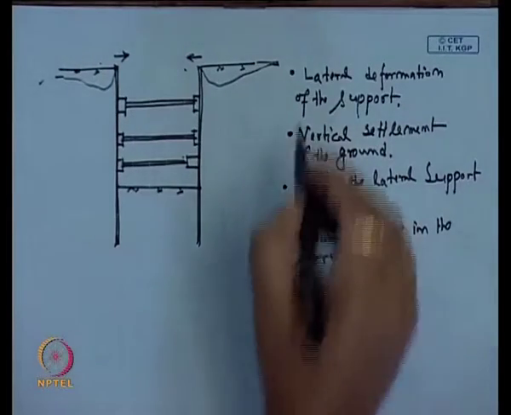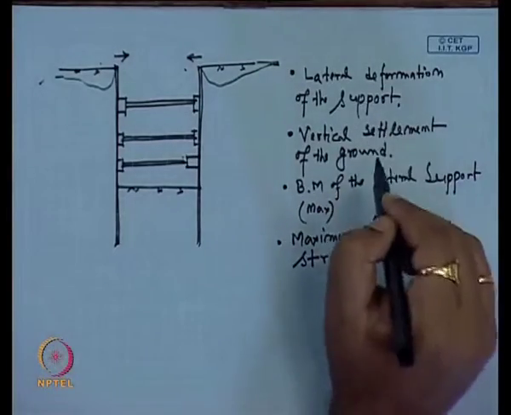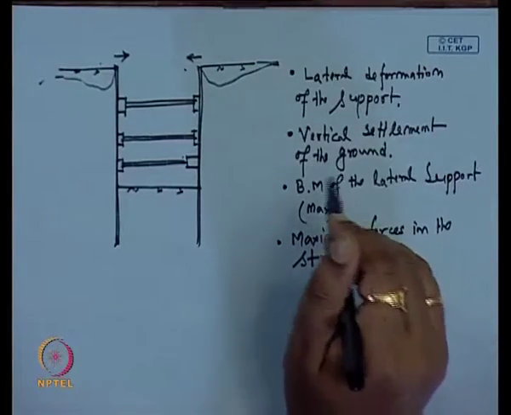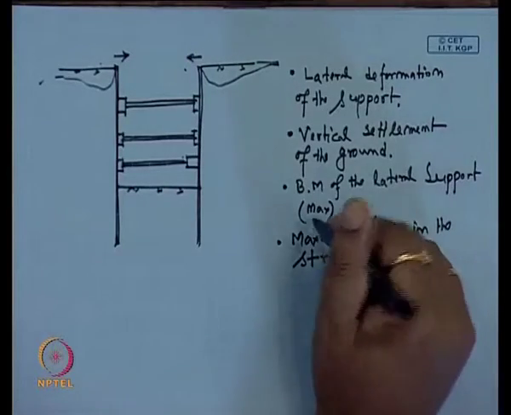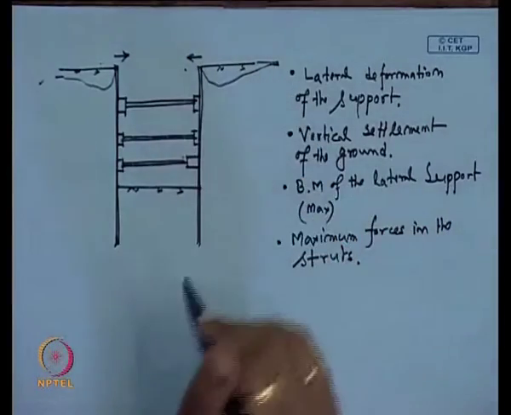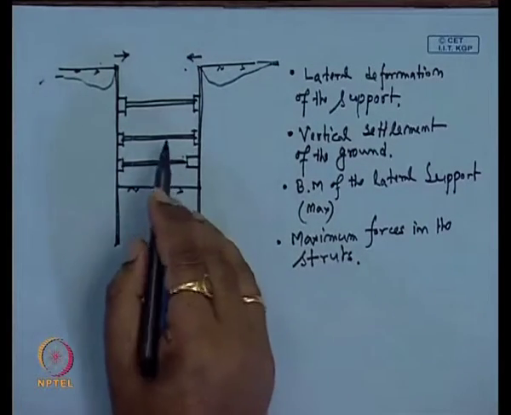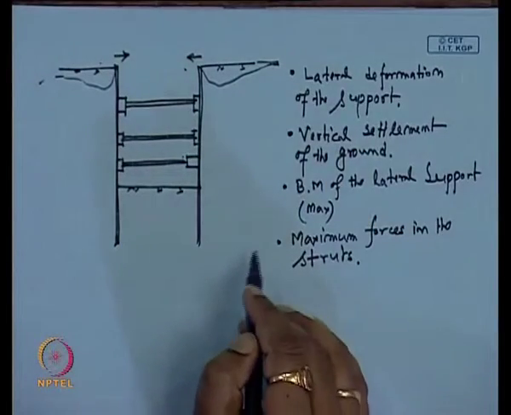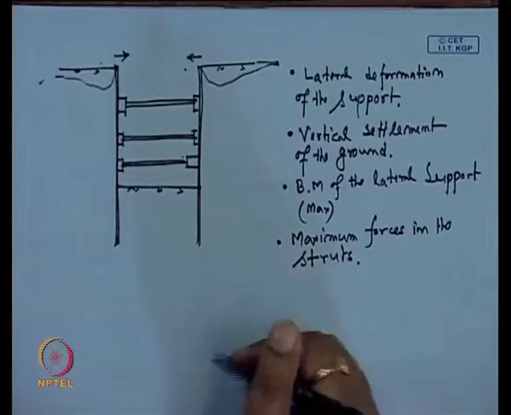So, these things we have to check during this design. There should not be a huge lateral deformation; the lateral deformation of the support should be within permissible limit, and the vertical settlement of the ground within permissible limit. We also check the maximum bending moment of this lateral support, and the maximum stress of the forces acting in the strut. These things you have to check during the design, and based on that we decide the design